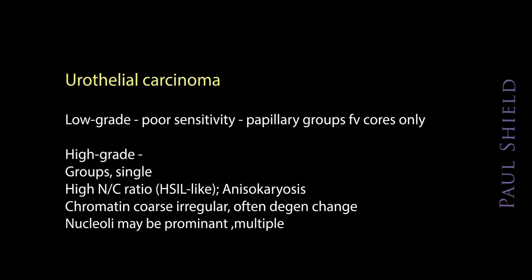of high-grade SIL. So they appear in crowded groups as single cells. They have very high NC ratio often. Sometimes they have an eccentrically placed nucleus that gives them a bit of a plasmacytoid appearance. They generally show really good, coarse, irregular chromatin pattern, variation in size and shape of nuclei, and often sort of superimposed on that